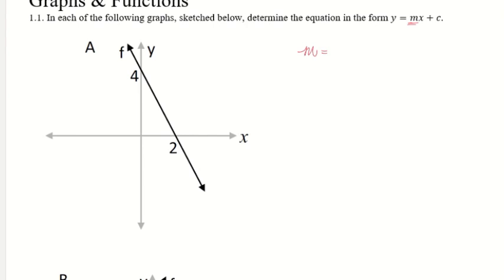Now, I'm first going to work from physics. Those of you who have natural science, maybe some of you like natural science and want to go into physics next year. In physics, they talk about the gradient of a line being defined by the distance in y over the distance in x. But in mathematics, we try to simplify this and we say, if I have two coordinates,